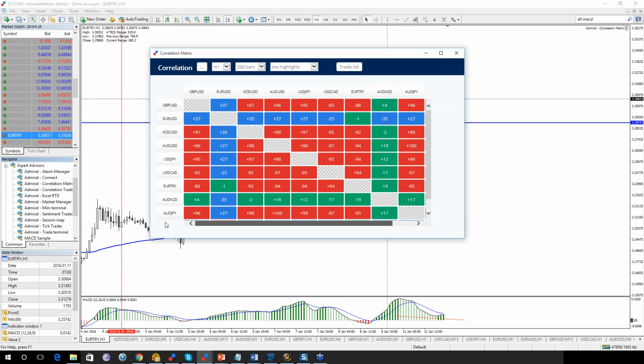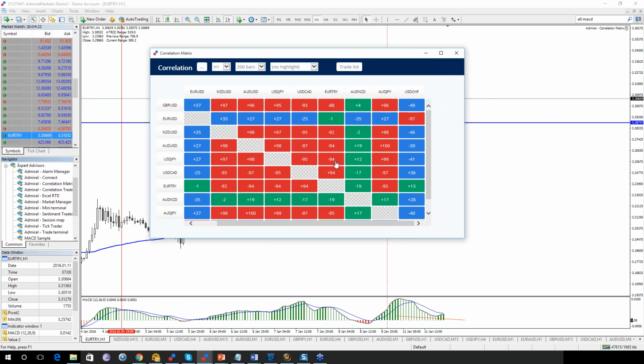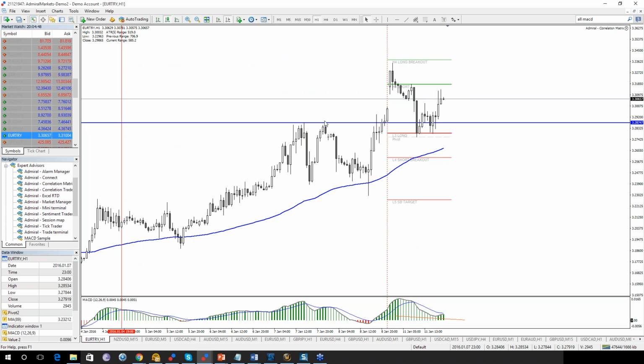Let's see. Euro dollar. Oh, it's not a big correlation. Basically it can move in the same direction, but usually it was a big correlation between Euro dollar last time I checked it. It was very, very positive. But well, you see ODN Australian dollar plus 100. Euro dollar, there is no correlation, but I think it can go up based on quick technical analysis, because I really don't have the time to deeply go into it.